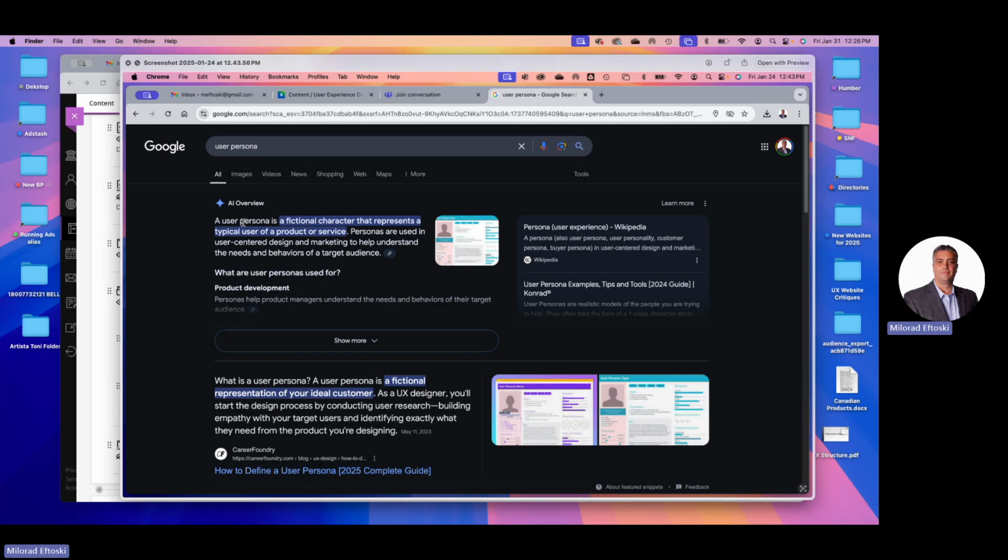Personas are used in user-centered design and marketing to help understand the needs and behaviors of the target audience. So I showed you some user personas already. These are great in your portfolio. If you look at some up,